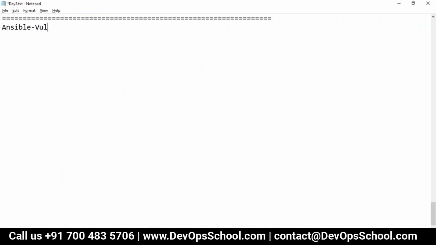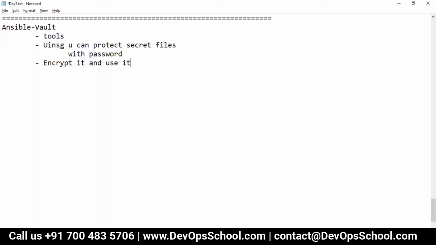So guys, it's a tool using which you can protect sensitive files, secret files, with a password. That's all. Encrypt it and use it.